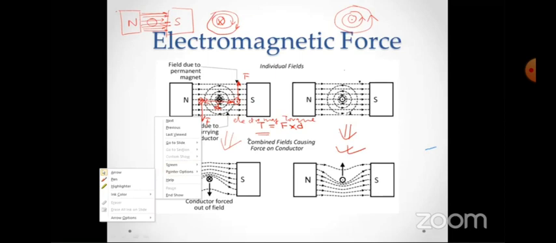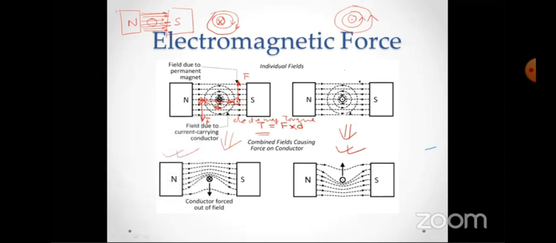Okay, so let me discuss this. Suppose I have a north pole and a south pole. I have two magnetic poles. You know that flux lines originate from the north pole and enter into the south pole. If there is no coil inside these flux lines, they will pass directly from the north pole to the south pole. So the flux lines will be straight, north pole to south pole, isn't it?